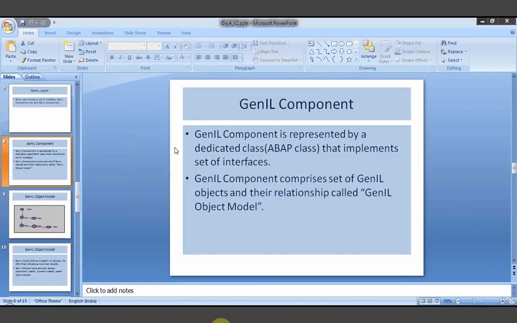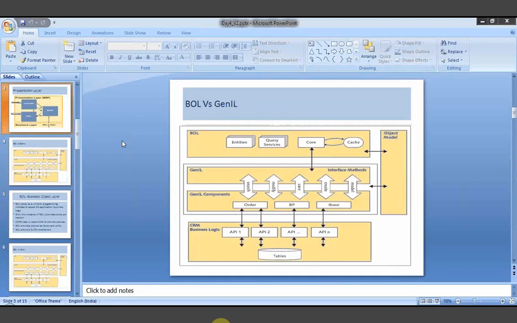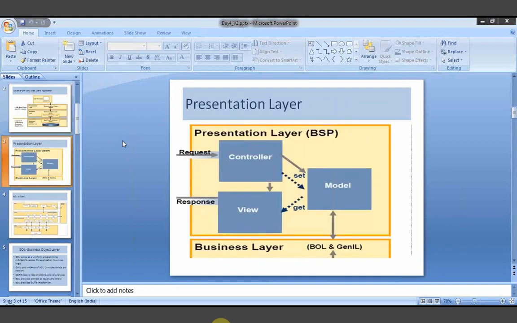Yeah. Another slide. So we will come from here. Yeah, the second page. What happens when I click on search?